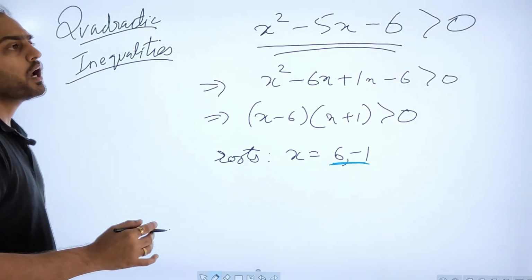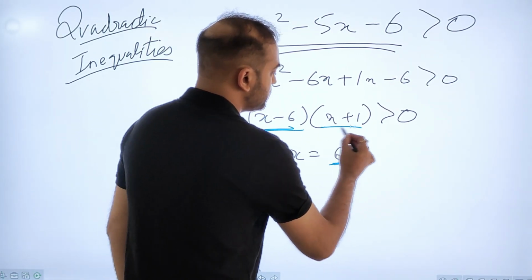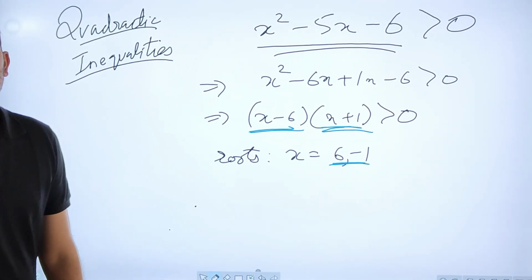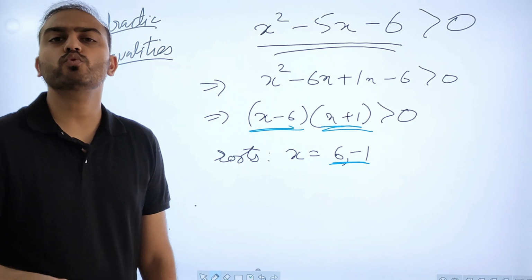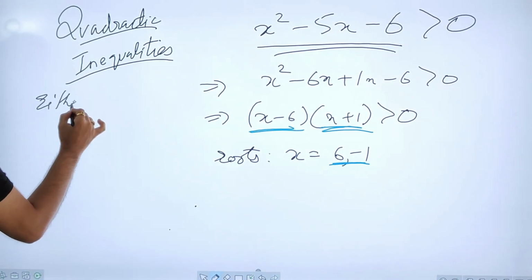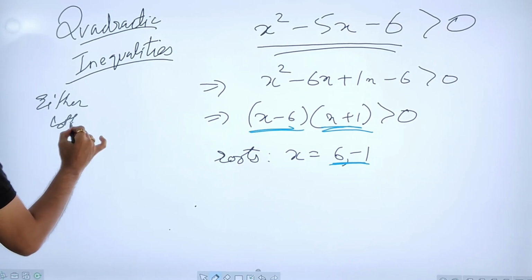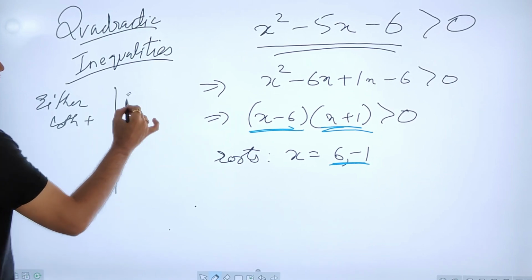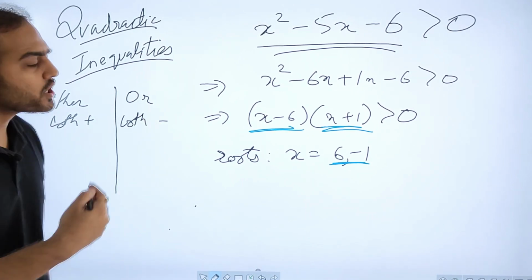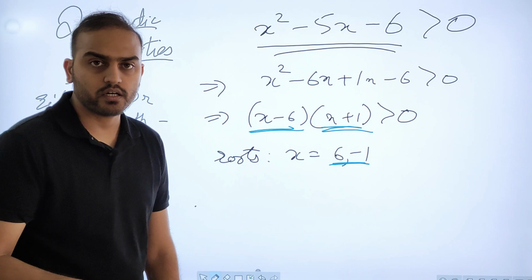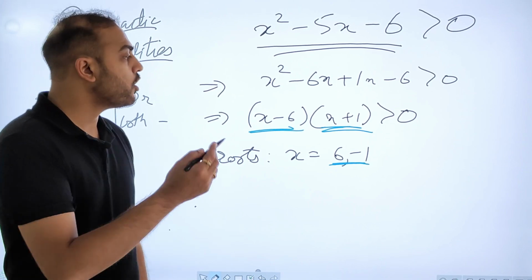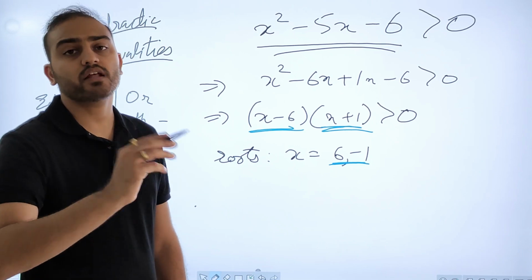Think product of two terms. The product of these two terms is positive. So think, how can the product of two terms be positive? Either both are positive, or both are negative. Think about it. How can the product of two terms be positive? Either both of them are positive, positive into positive gives you positive, or both are negative, negative into negative then